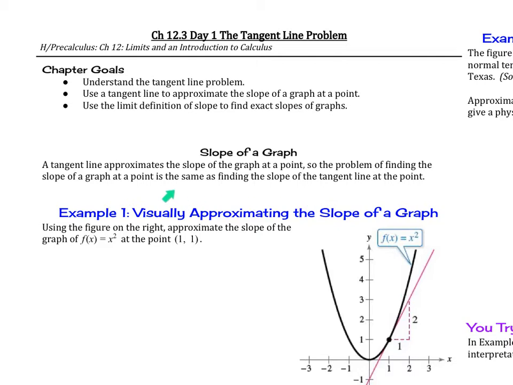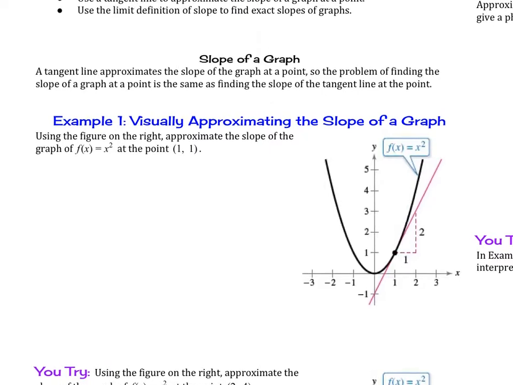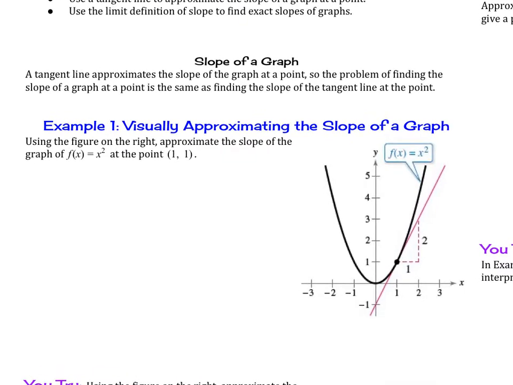So the problem of finding the slope of a graph at a point is the same as finding the slope of the tangent line at the point. So example 1, we're just going to practice visually approximating the slope of a graph. Using the figure on the right, approximate the slope of the graph of x squared at the point (1, 1). So they have it already done for us, and we notice (1, 1) is here, and they drew a line tangent to that point. And so they already did the work for us, so we can say it's approximately right